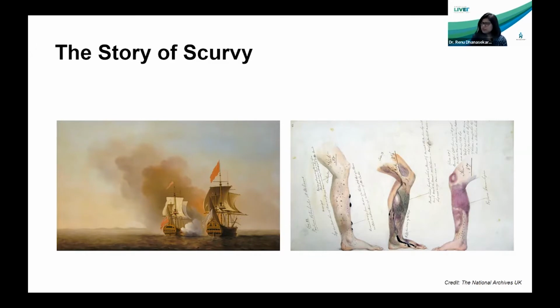I think he did it for about 2 weeks, and he saw a dramatic result. Only those 2 sailors who got the oranges and lemons completely improved, while all the other 10 sailors did not. So this was the framework of dividing people into groups, giving different treatments over the same time period, comparing them, and documenting the improvement. This is considered the first clinical trial, and it led to the acknowledgement that vitamin C was involved in scurvy. And right now, this is all well-established science. So this was the beginning.